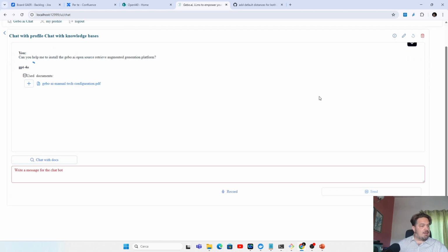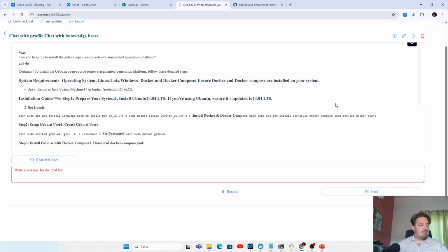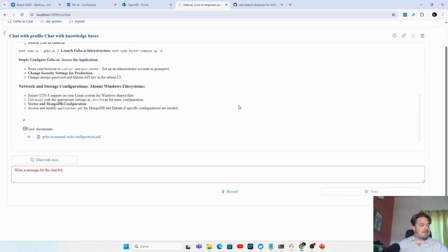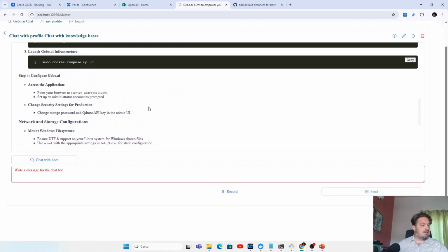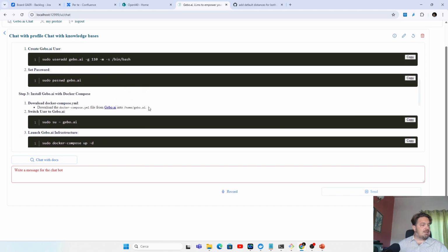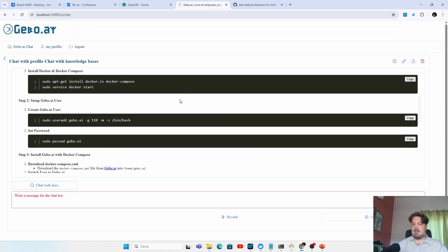When you ask this question, the software will directly choose which documents to use to give you a better answer, and it starts to give you the information on how to do your task.